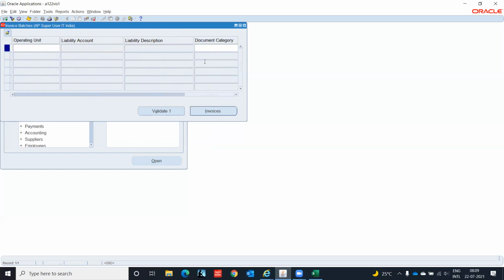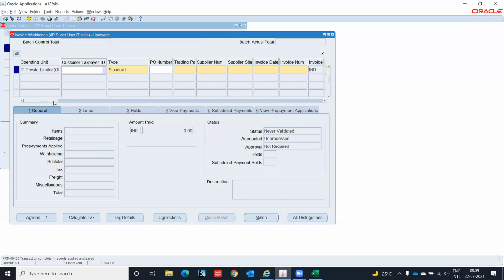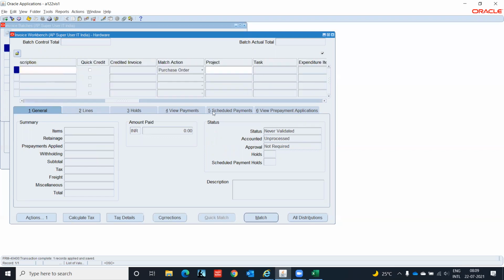And document category. What is your document category? IT corporations AP invoices. This is the document category we created, and this is what we are going to use. Click on invoices. Okay. Here you can start doing the entry of your invoices.